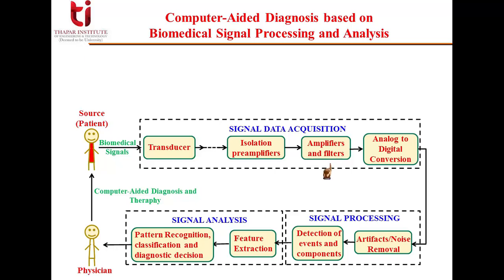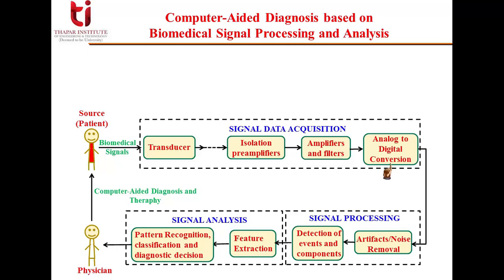And then we have analog to digital conversion. Basically, it will convert the analog signal into a digital signal using sampling and quantization, because we are more interested in digital signal for the processing part. So next part is the signal processing. Mainly here it will be digital signal processing. As we know, digital signal processing is more advantageous over analog signal processing.